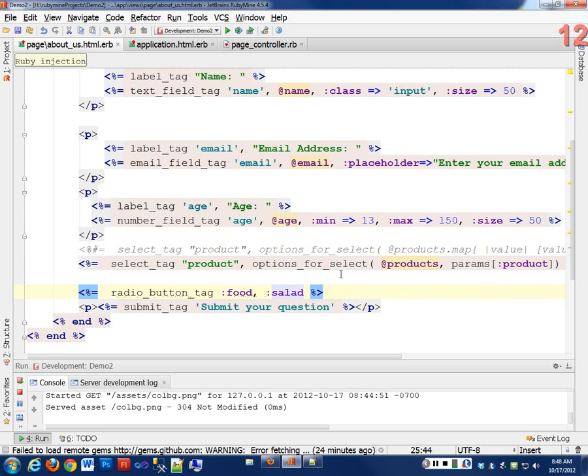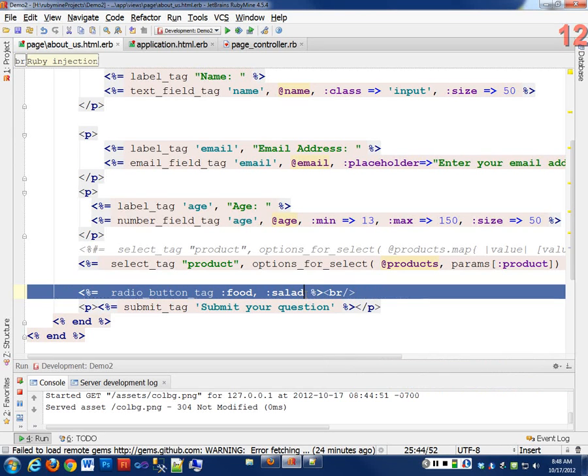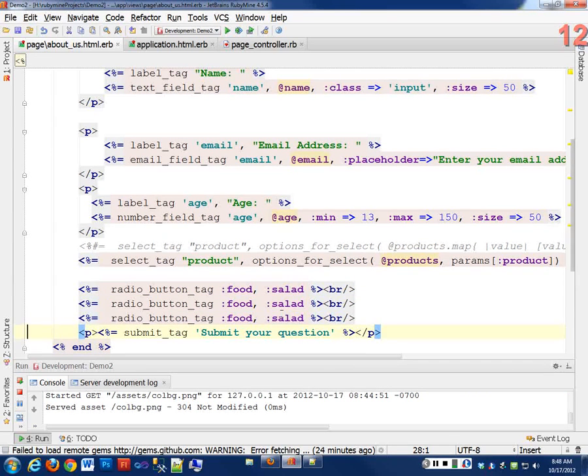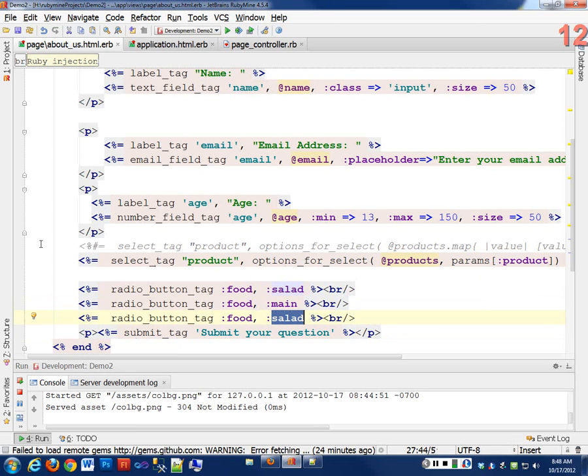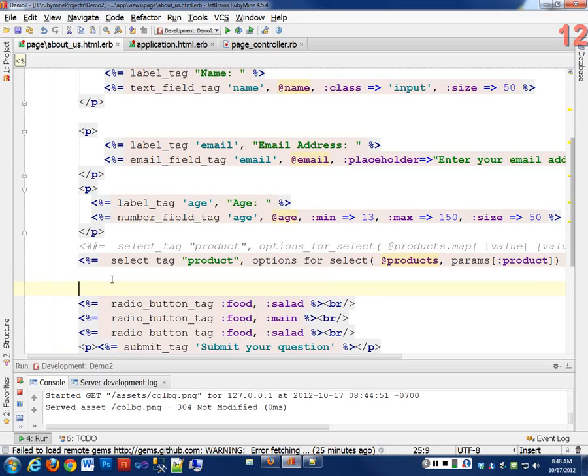All right? So I'm going to say radio button, food, salad. I'm going to put a break tag here. And let's put 3 of these in here to show you what changes. So I want maybe my main dish. This is maybe what do you want to bring. All right, so I'll put in a little thing here,